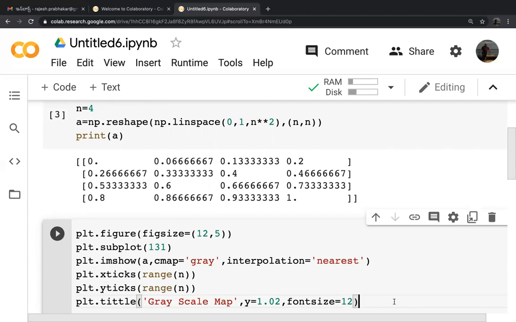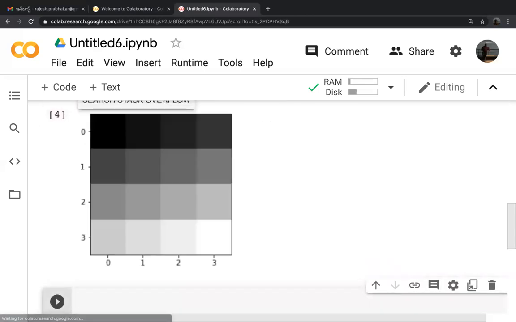So we have created a 2D array and using that 2D array as an input to create an image. Now let us run the code and see what image it creates.